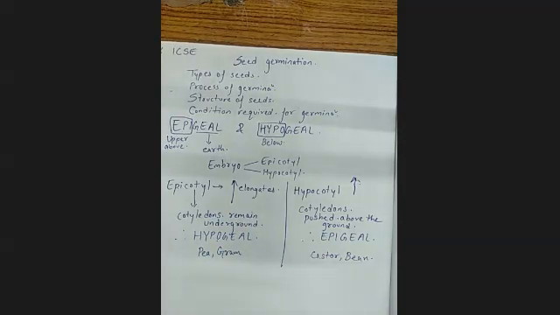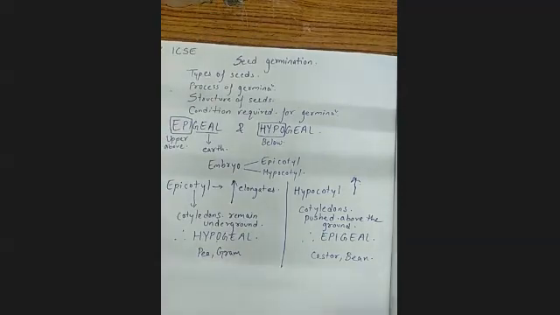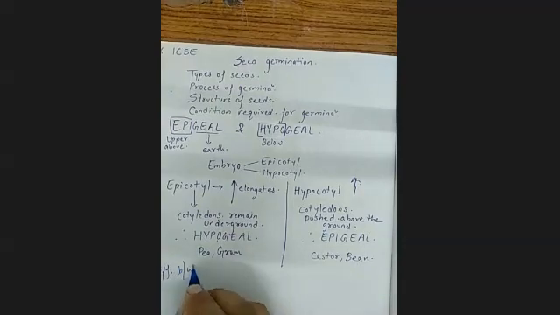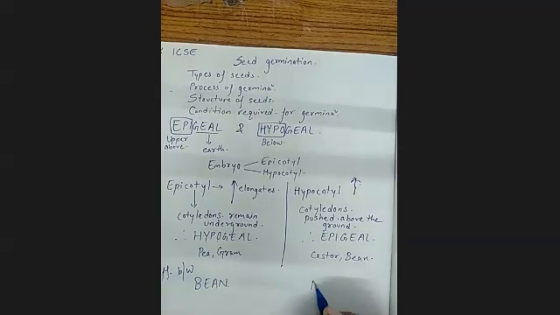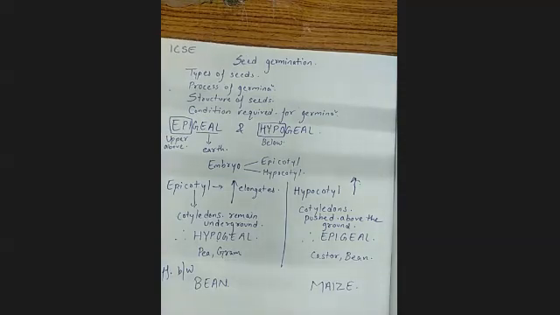Okay, miss. Okay. Then let's talk about one more difference, the difference between bean and maize. The type of germination, both of them are showing is different. That's why you should understand the bean and maize differences also, it's a very important one.